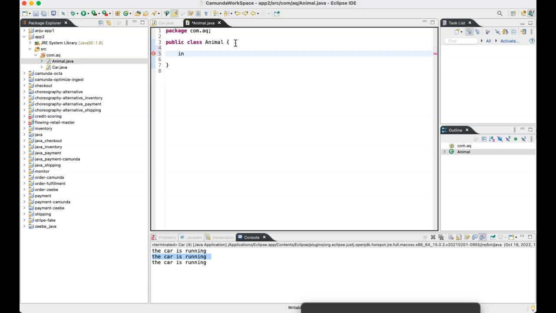Limbs is nothing but the number of hands and legs. Every animal has this, right? Every animal which is moving on planet Earth will have limbs, right? And it also can make sound. Sound is something which it can do, one of the features.